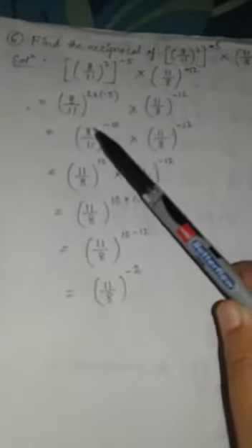So in the question it is asked to find the reciprocal of 8/11. So what is the reciprocal of 8/11? It is 11/8, minus is there, so minus will be removed. What we have done, it is (8/11) raised to the power minus 10. So this portion we have taken the reciprocal, so it will become 11/8 and this minus will be removed. So it will be (11/8) raised to the power 10 into (11/8) raised to the power minus 12. Now base is same, so one time we can write 11/8.